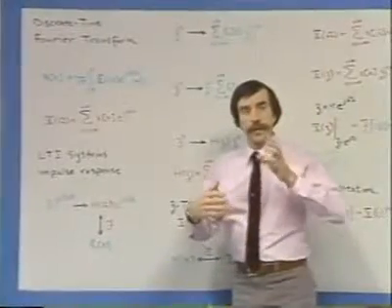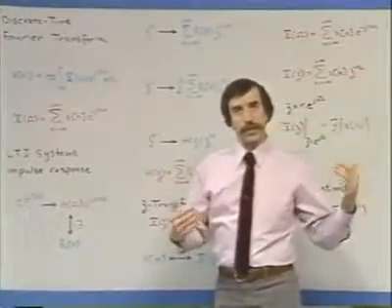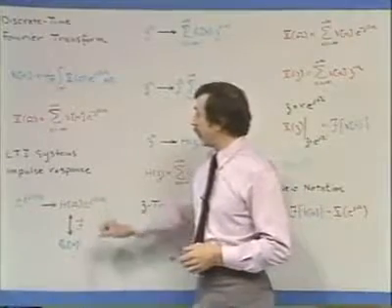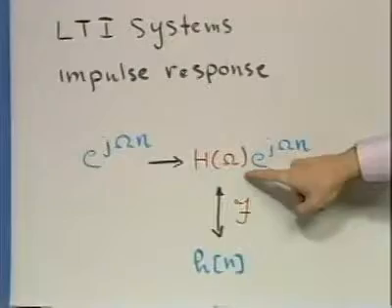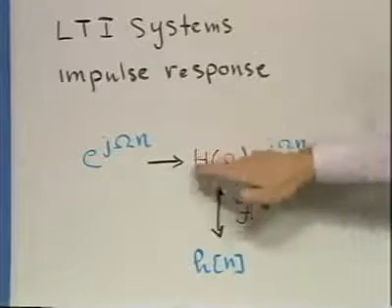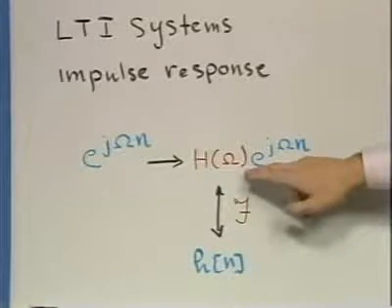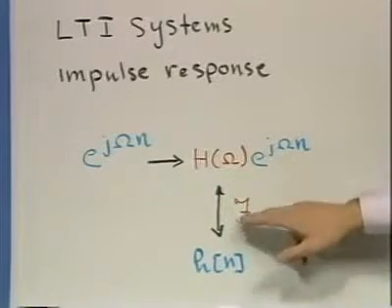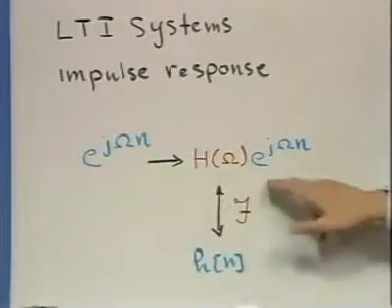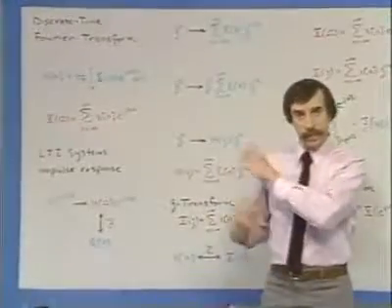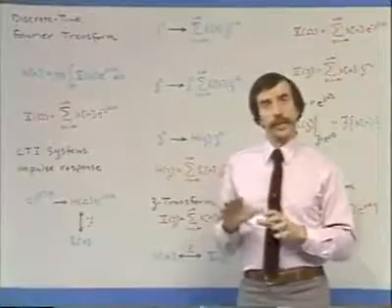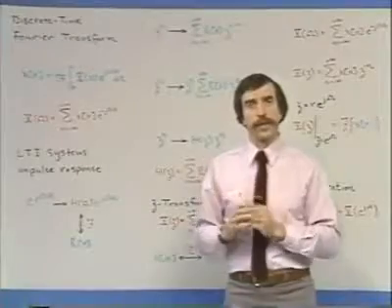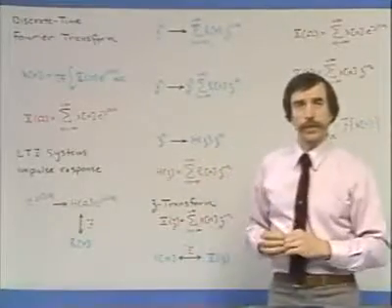In other words, if you have a complex exponential into a linear time invariant system, the output is a complex exponential, and the change in complex amplitude, which corresponds to the frequency response, in fact, is what led to the definition of the Fourier transform. In particular, it is the Fourier transform of the impulse response. Well, that set of notions is more or less identical to the way we motivated the Laplace transform in the continuous time case and the Fourier transform in the continuous time case.